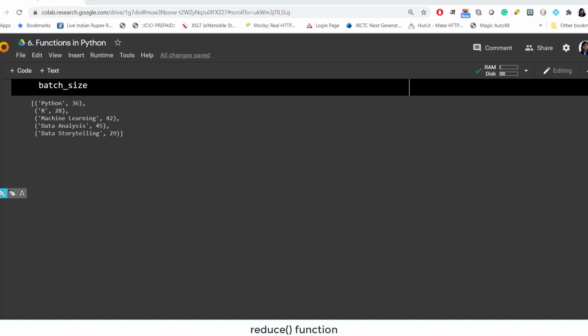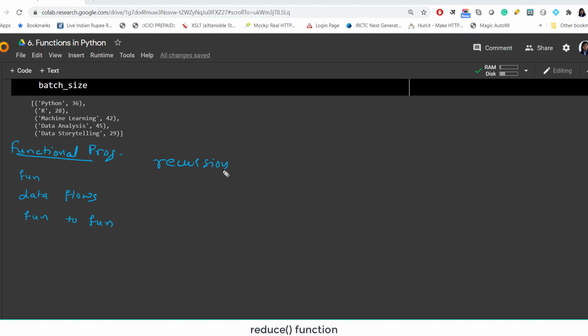Now let me quickly summarize what we have learned so far in this tutorial. Functional programming is a programming paradigm. There are different ways of defining the programming structure. In functional programming, we have functions inside functions and so on. Basically, functions take other functions as input and provide some output, so data flows from function to function. This kind of structure you will see in functional programming. And it works on some principles, like recursion rather than loops and other control structures which we have talked about, if else, for loop, and while loop.